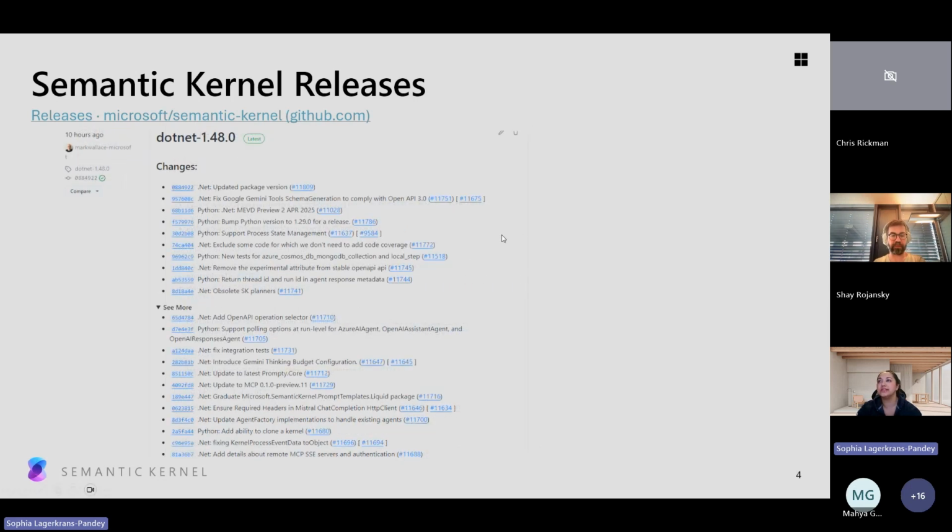On the .NET side, there are some changes in terms of MEVD that we'll dive into with both Wesley and Shai on the call, and some updates from our latest release there. And then there are also some fixes and other items within the .NET package. If you haven't had a chance to look at the latest 1.48.0, we recommend you take a minute to go through and do that.